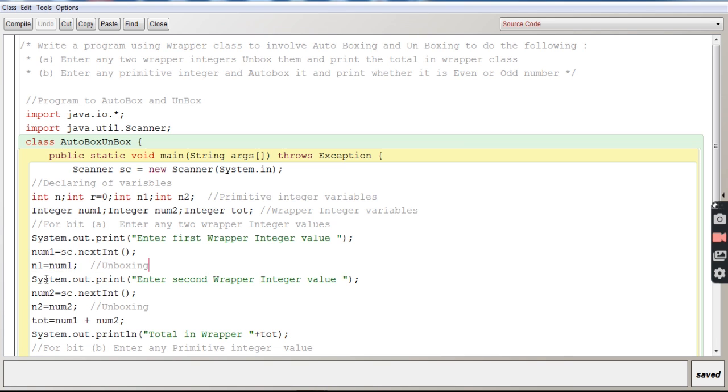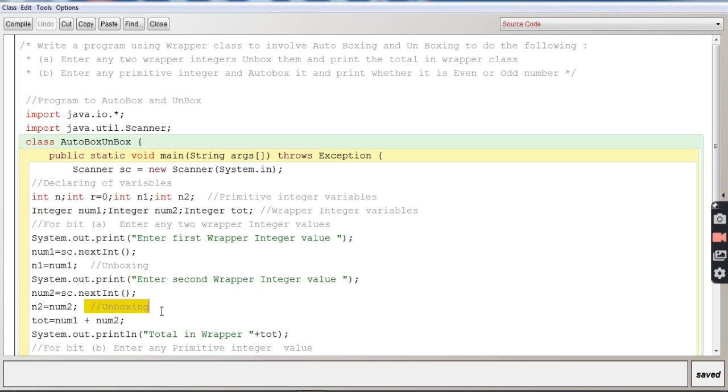Similarly, it will ask you to enter a second integer, which is a wrapper integer value. So num2 will be accepting a wrapper integer. Let us say 5 has been entered, and that 5 in num2 will be stored in the primitive variable. So that is again called unboxing.